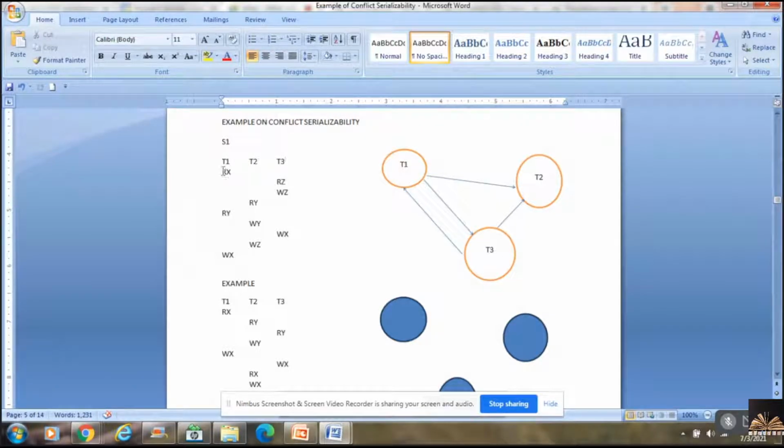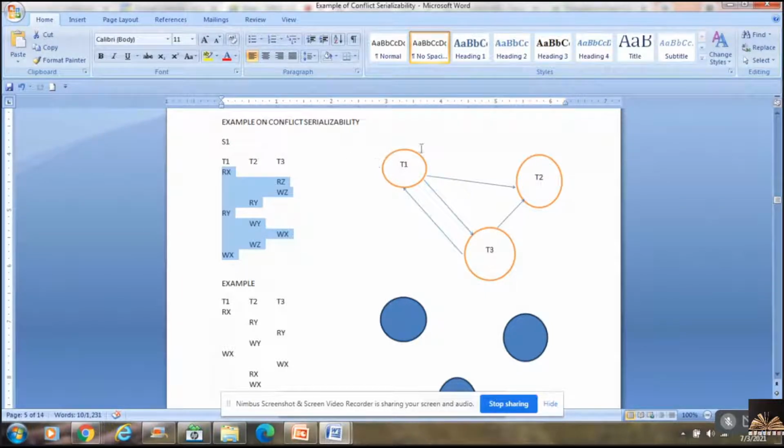The operations are given here: read X, read Z, write Z, read Y, write Y, write X, write Z, and write X. You know what conflicting instructions are. Whenever there is a conflicting instruction, you have to draw a directed edge.